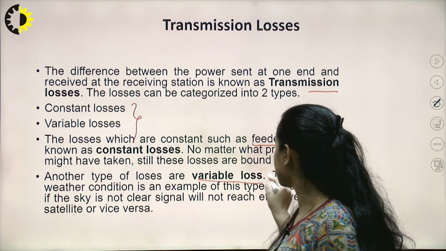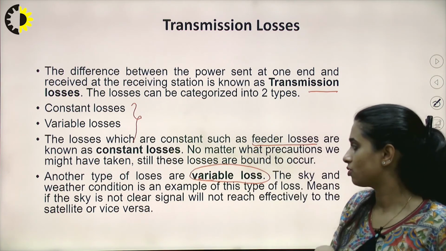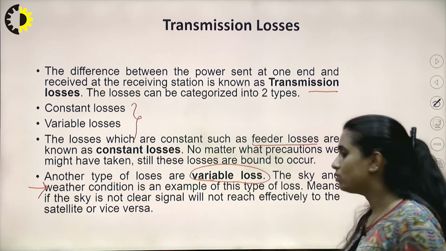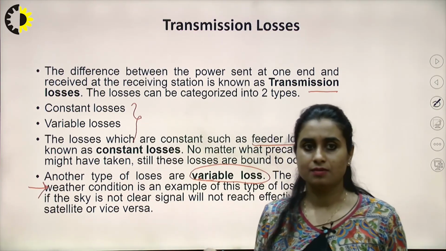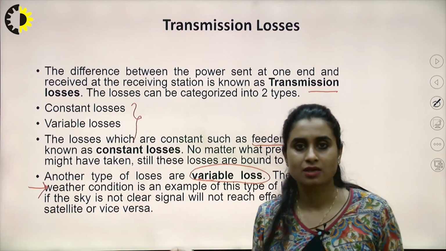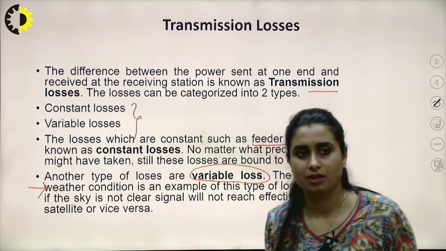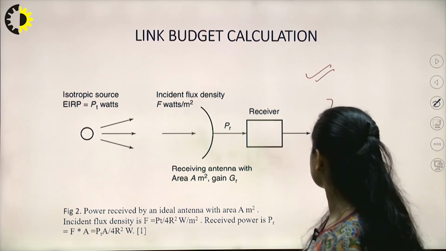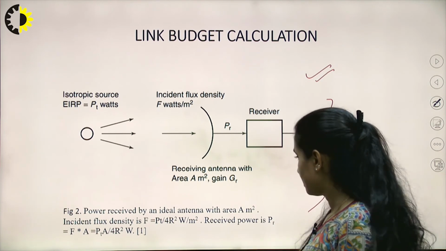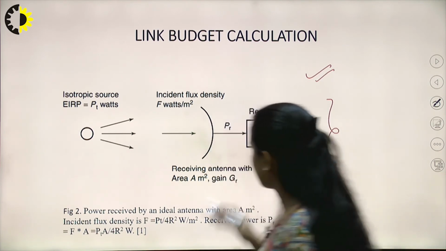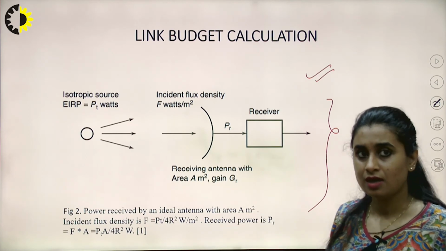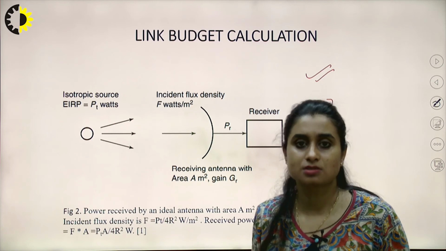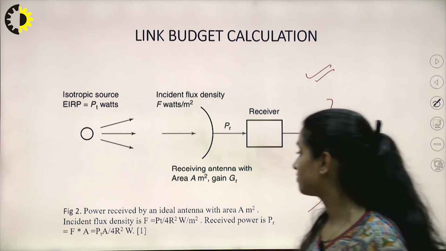Variable losses are because of the atmosphere and they can be controlled. This could be because of bad weather, or bad tuning, or bad making of the circuit. So these all could lead to variable loss, right? So link budget calculation, let's give a first revision of it, which we have covered in the previous lecture also. Today also related to link budget, we have discussed system noise temperature. So let's give it a quick review.